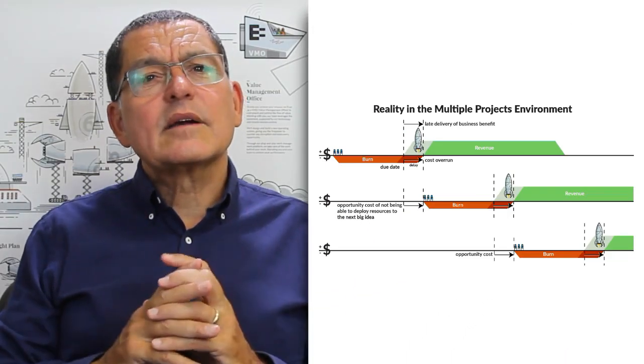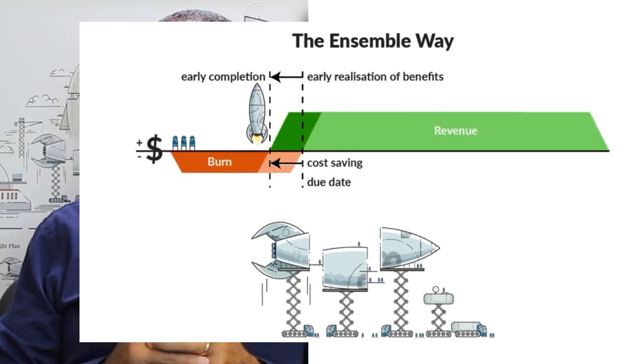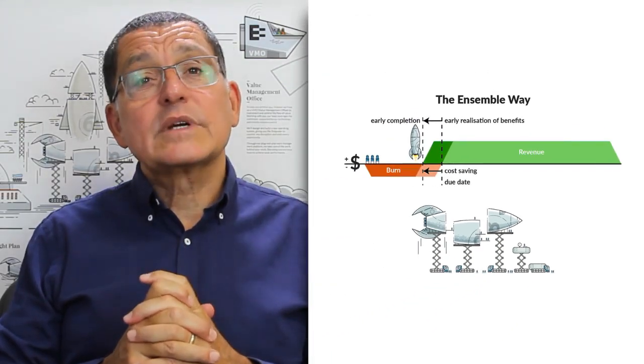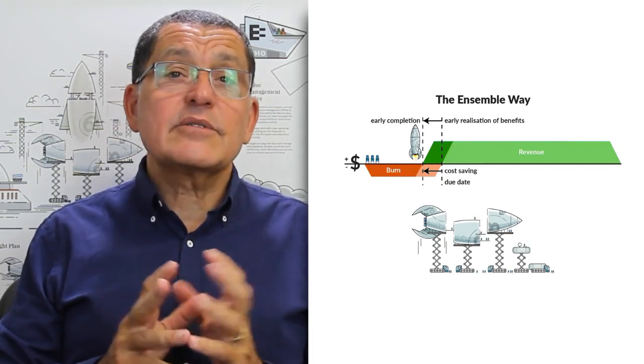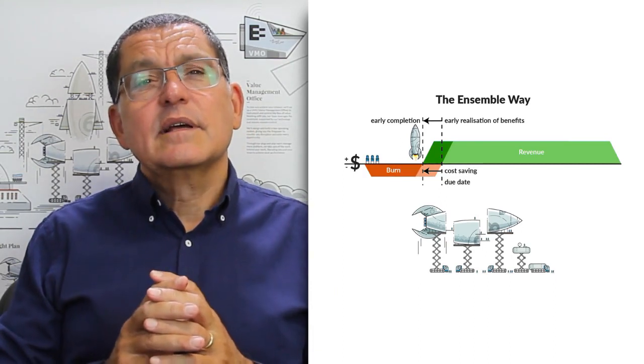The Ensemble way, incorporating the theory of constraints, is all about getting the 25% improvement in the results you saw earlier on. How do we get that much benefit? For sure, we can save costs because we're burning our resource spend for less time by working more productively. But the bigger lever is in the throughput world.